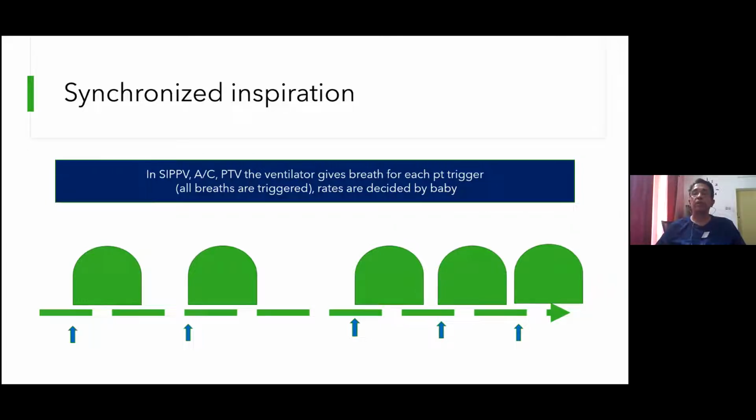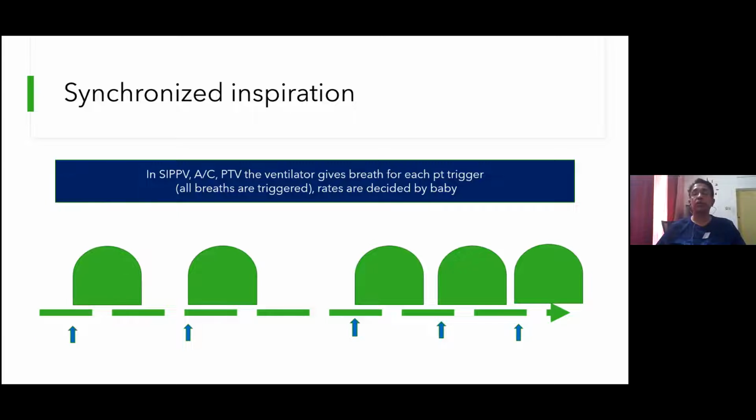If the baby goes down to 20 per minute, or goes into apnea, then strictly speaking, the ventilator will do nothing and the baby would die. Therefore, you have to have a minimum backup rate, generally kept at 30 breaths per minute. So if the baby is not sending 30 signals per minute, that is, every 2 seconds he doesn't ask for a breath, then you would stop the assist mode and automatically go into IMV mode and support at least 30 breaths on the ventilator.